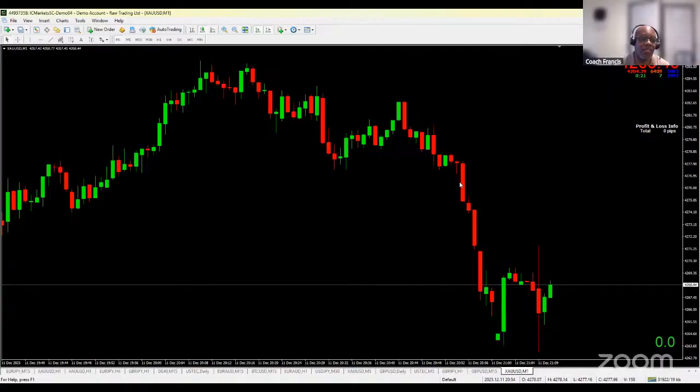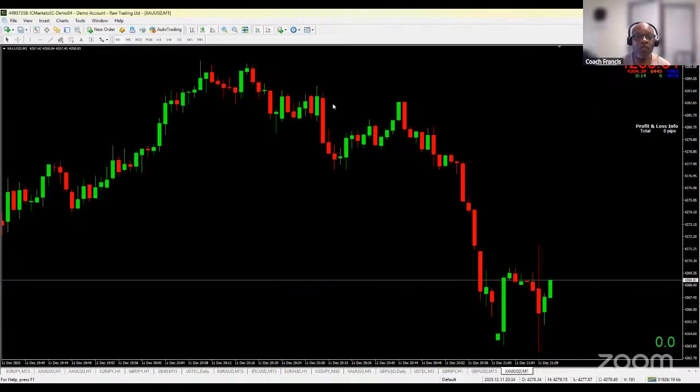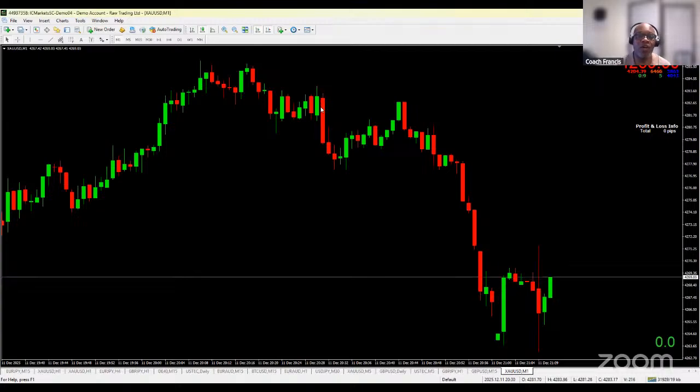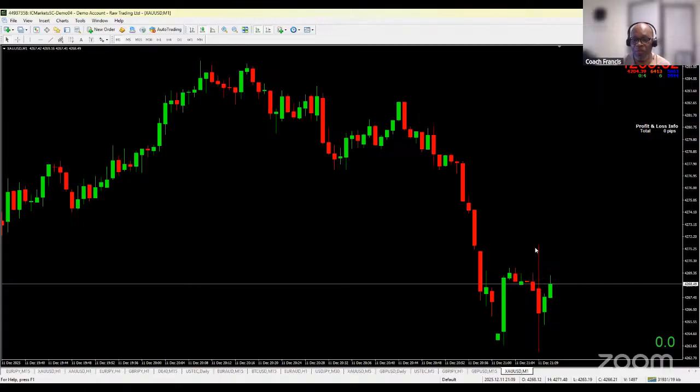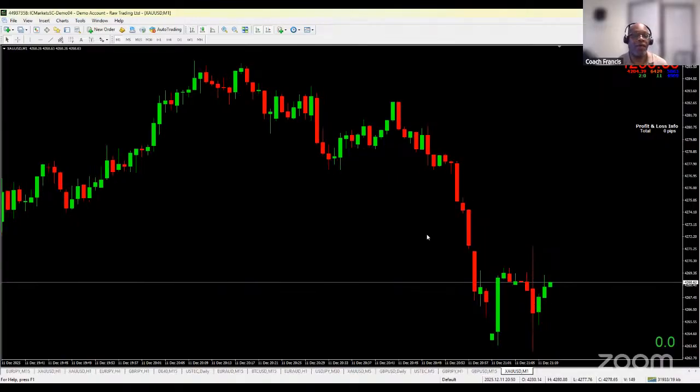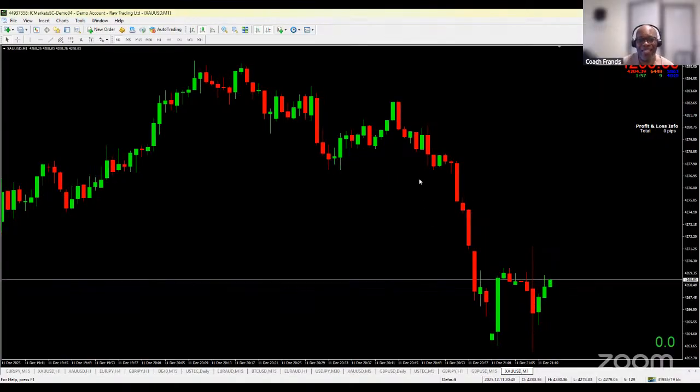You can see they look like candles. Candles you would stick in your birthday cake when you're celebrating. And just like candles, they do have the wick at the top, except that some of them have a wick at the top and a wick at the bottom. Like this big one, it's got a big wick at the top and a big wick at the bottom. So this is basically representing price movement.